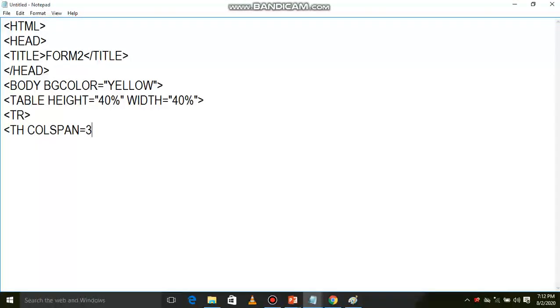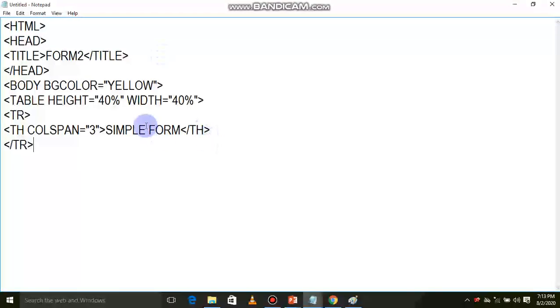Why colspan is equals to 3? Close th, next close tr.